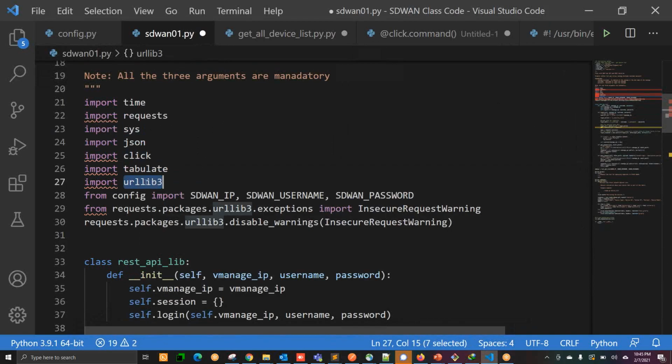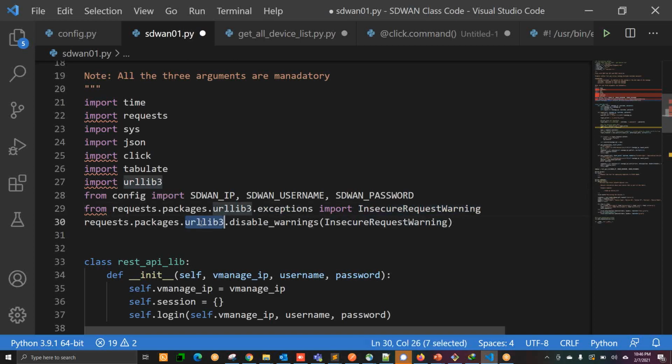The URL library is something that, if you have some sort of certificate errors, it is going to deal with the certificates. It's dealing with the certificate error. So here you can see from request package URL library exceptions, import insecure request warning.